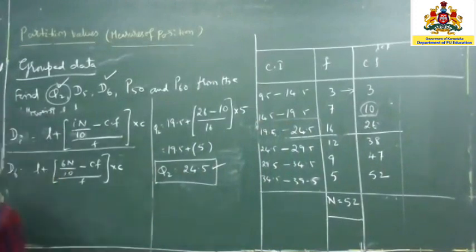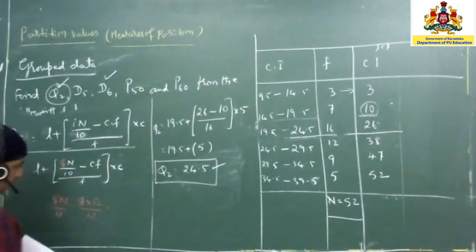Now, first we have to calculate 6n by 10. So 6 into n, which is 52, divided by 10. What is the value you are going to get? D6 is given, D6 or D5. Okay, anyhow, we'll do that. Not a problem. We'll change it to D5. Because first we'll go in serial order. So D5, if you calculate it, what is the value you are going to get?